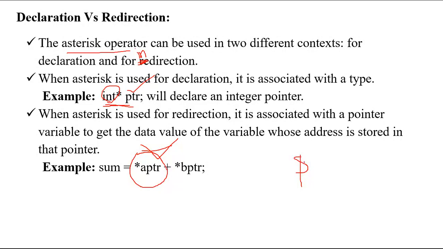So this is used to redirect the value, whereas the asterisk is the indirection operator. For indirection purposes we use this asterisk operator. So two different functionalities: the first one is to declare a pointer and the second one is to indirect the value. Clear? So the next thing,